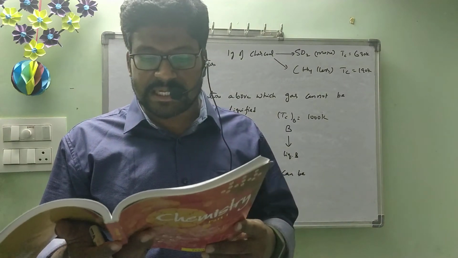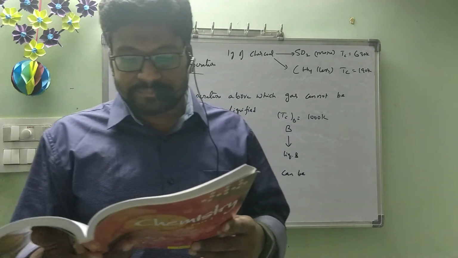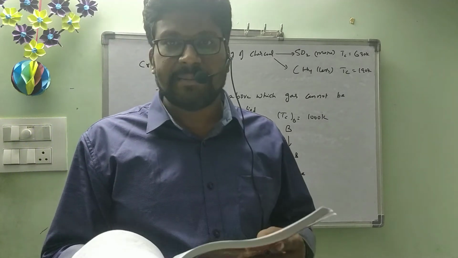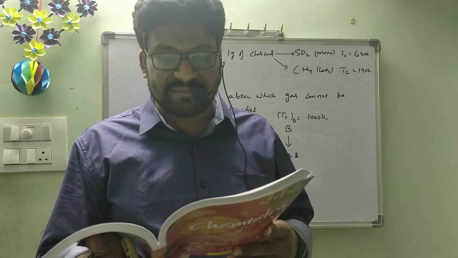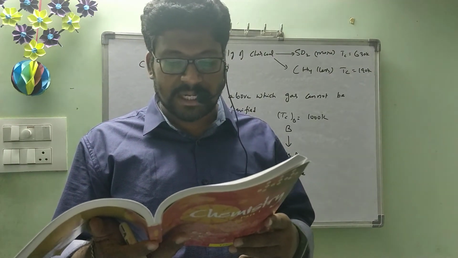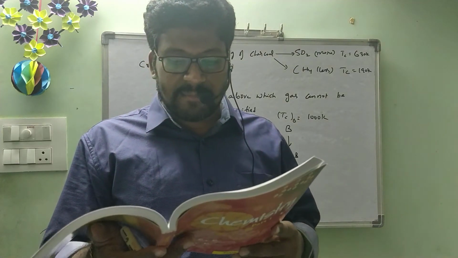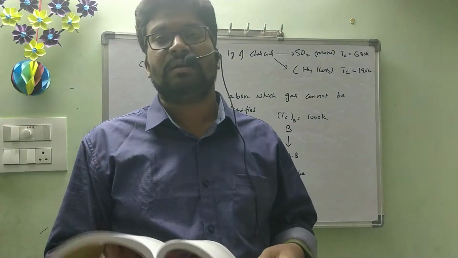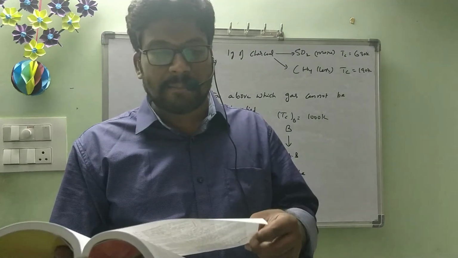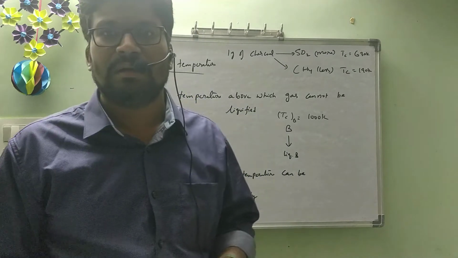Like most chemical changes, adsorption often increases with rise of temperature. Physisorption of a gas adsorbed at low temperature may change into chemisorption at a high temperature. Usually, high pressure is also favorable for chemisorption. Surface area. Like physical adsorption, chemisorption also increases with increase of surface area of the adsorbent. Next, enthalpy of adsorption. Enthalpy of chemisorption is high as it involves chemical bond formation. This is about comparison between chemisorption and physisorption.